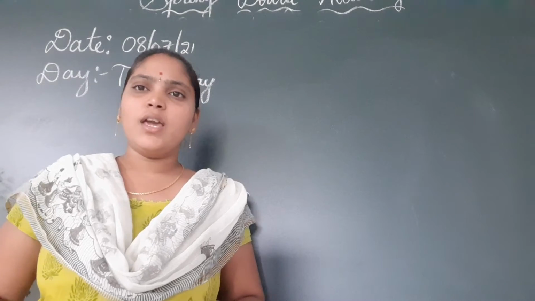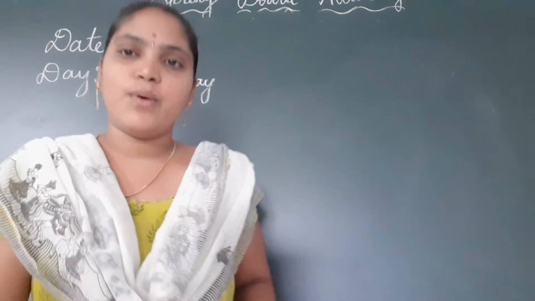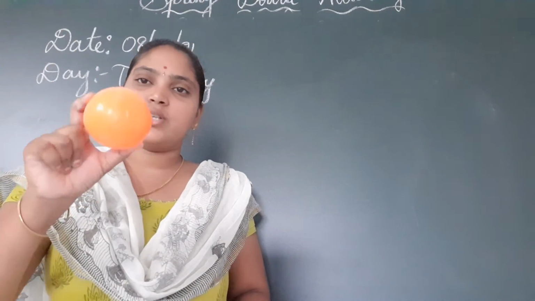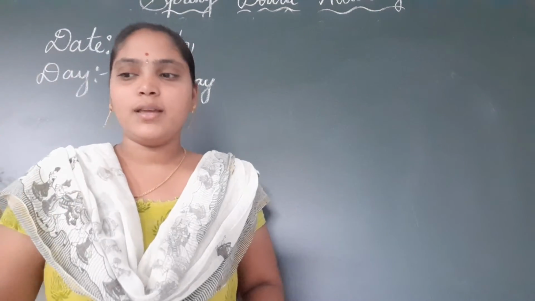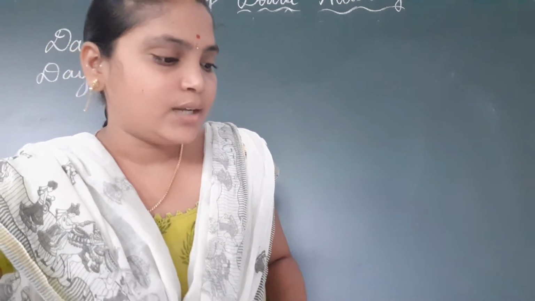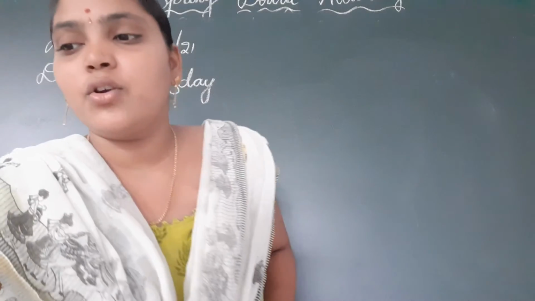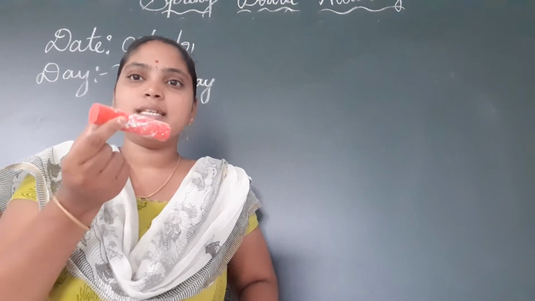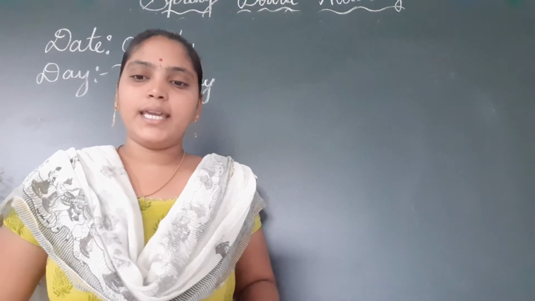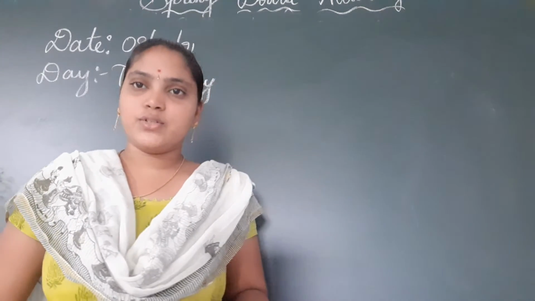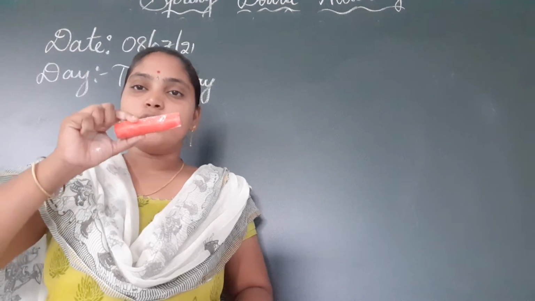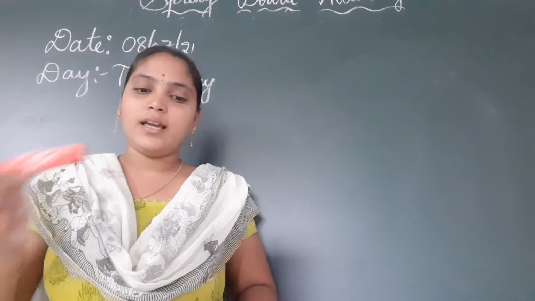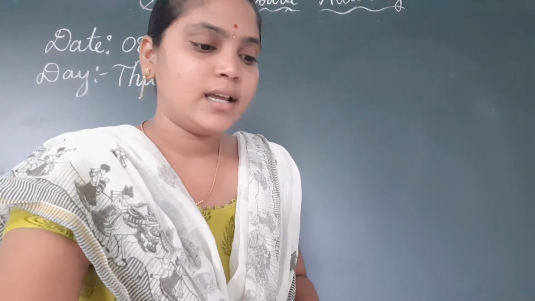And tennis ball. Yes, what is the shape of the tennis ball? The ball shape is like this, no children. So what is the shape of this tennis ball? Sphere. And toilet roll. So toilet roll is like this, children. So what is the shape of the toilet roll? Yes, cylinder. And empty thread reel. So we are using threads, no children. So what is the shape of the thread reel? Yes, this is also cylinder.